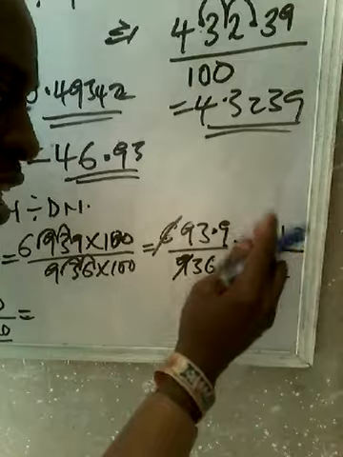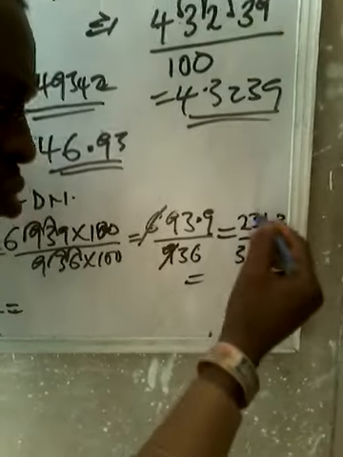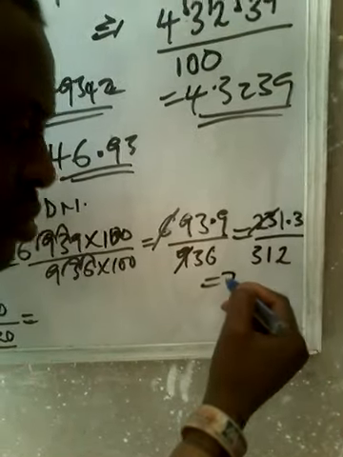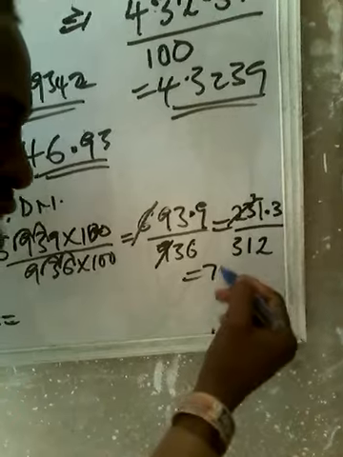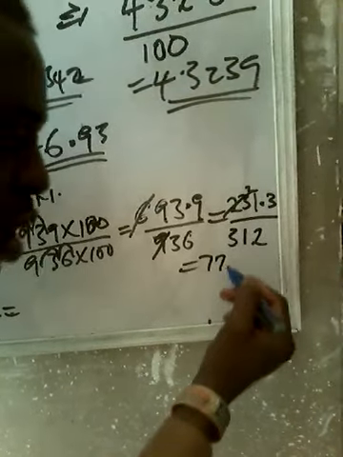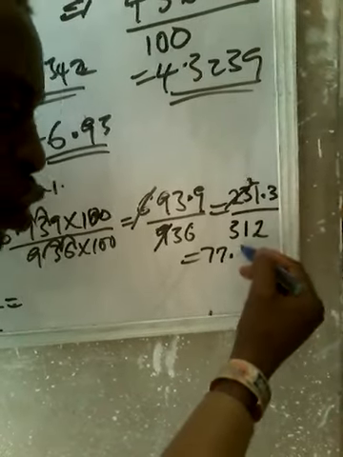Use the whole 23. Take 23 at a time. 23 divided by 3 will give you 7. That's 21. Remainder 2. 21 divided by 7 will give you 7 again. You have reached your point, put your point. And 3 divided by 3, there's no remainder from there. 3 divided by 3 will give you 1.